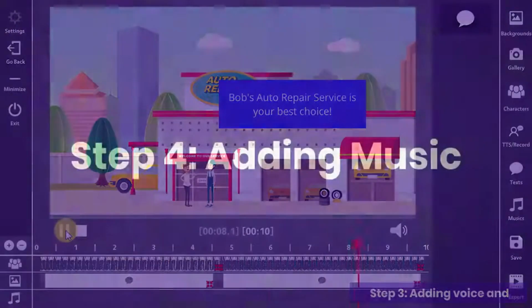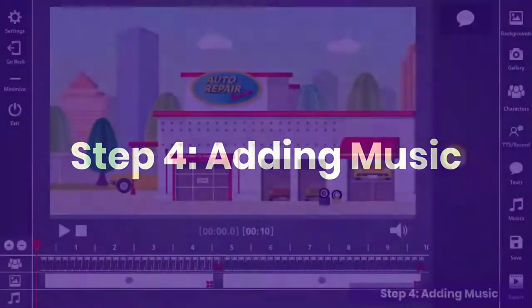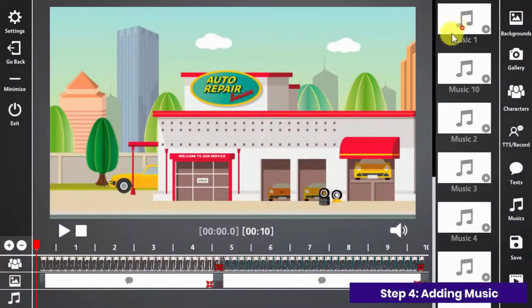Now to the end. Step 4. Adding music. Finally, you can add music to your animated video from the